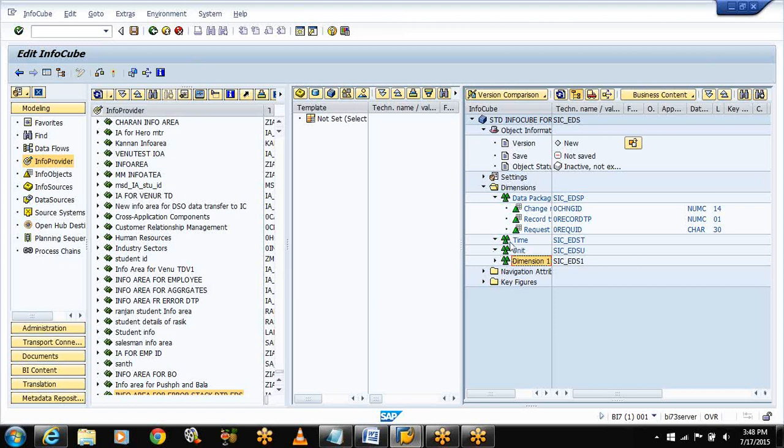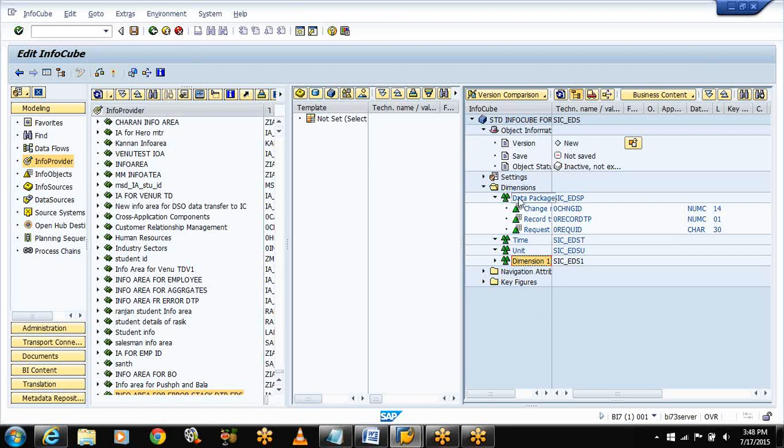Means out of 16, 3 are defined by system and the remaining 13 the user can create. So this is dimension 1, dimension 2, dimension 3, dimension 4, up to dimension 13 we can create. The minimum dimensions there should be is 4.